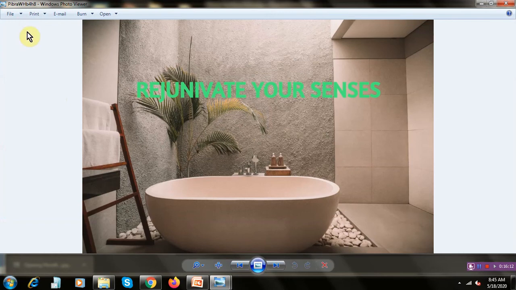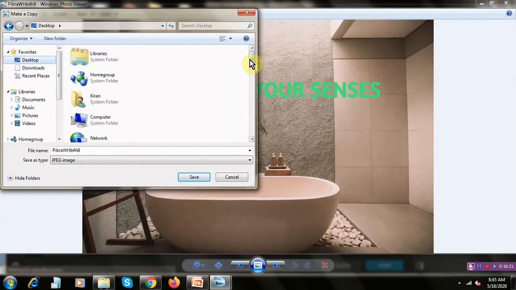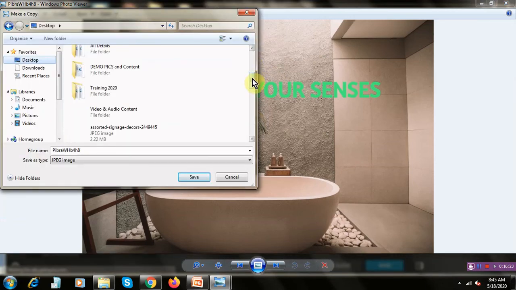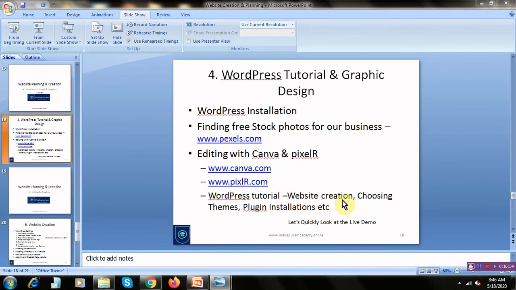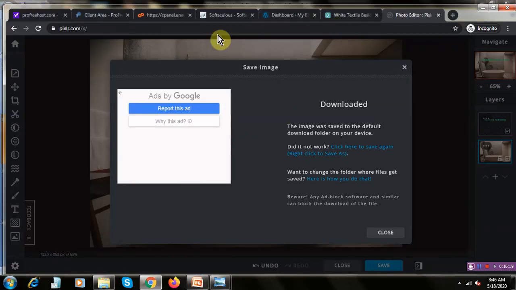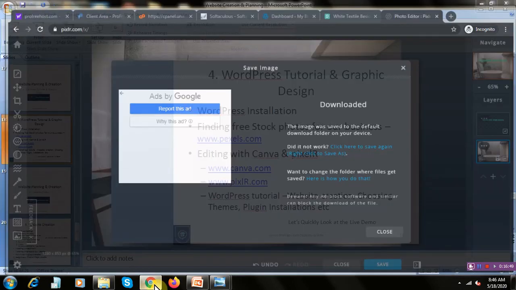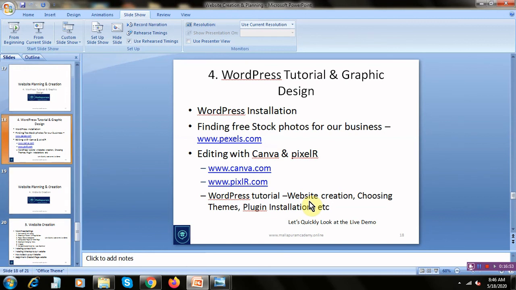So practice this. I'll also make this as a copy so that I can use it for explaining to you the website or updating it in our website, which is beautyspa.unox.com. So click on this. All right, so once it is done, let's look at choosing a theme for our website. So what was our website? We have installed WordPress in our systems, and now we need to create the website.